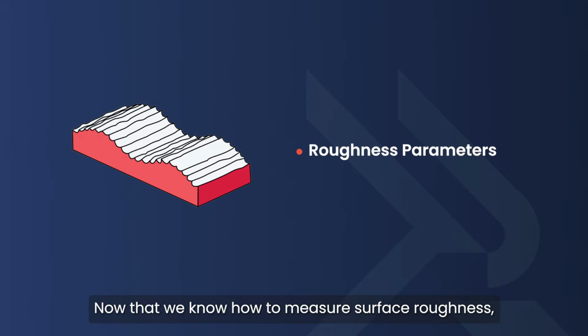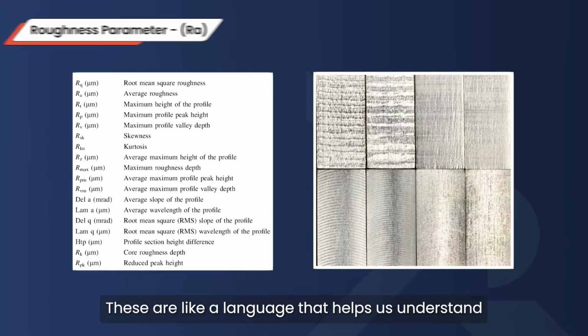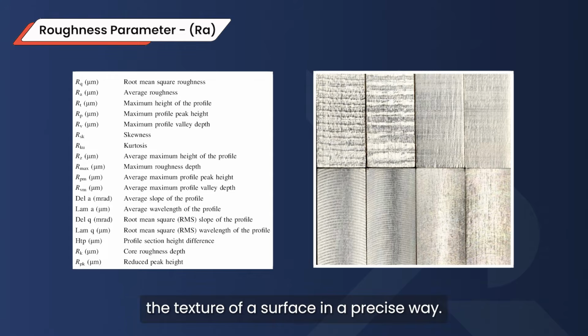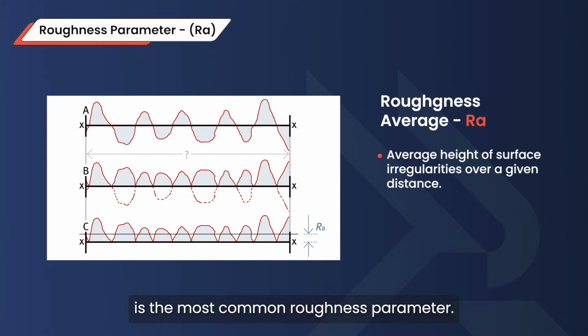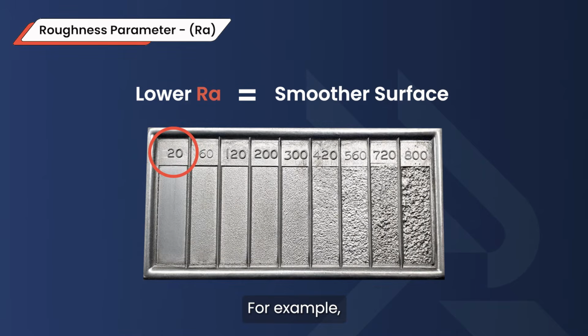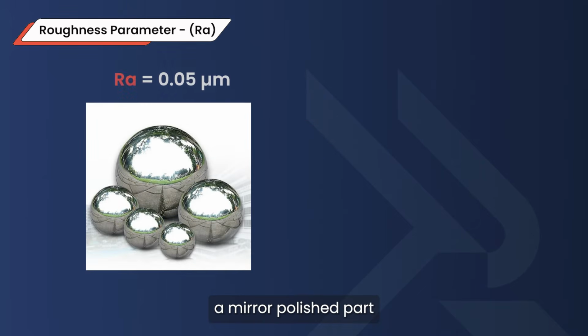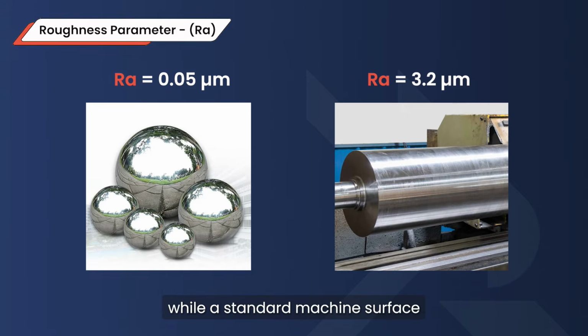Now that we know how to measure surface roughness, let's explore the roughness parameters. These are like a language that helps us understand the texture of a surface in a precise way. Roughness average, RA, is the most common roughness parameter. It represents the average height of surface irregularities over a given distance. The lower the RA value, the smoother the surface. For example, a mirror-polished part might have an RA of just 0.5 micrometers, while a standard machine surface could be